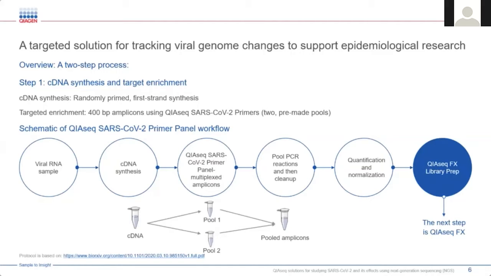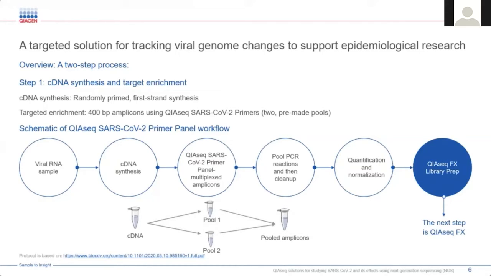And to do this, we'll talk about just sequencing the SARS-CoV-2 genome. Essentially, it's a two-step process. One is a PCR amplification, and the other is followed by a library prep. So the first step is a cDNA synthesis, which is a random priming first-strand synthesis, and that then is followed